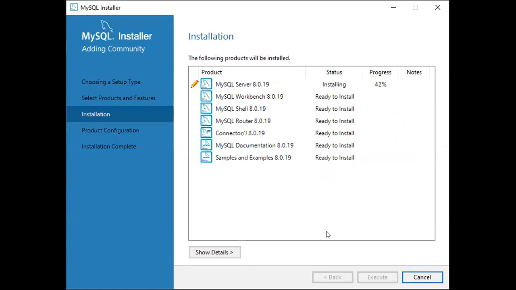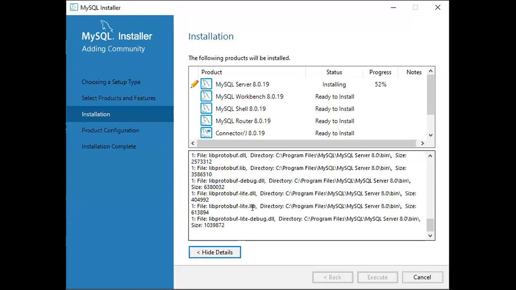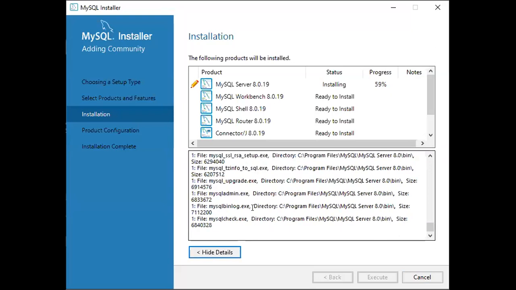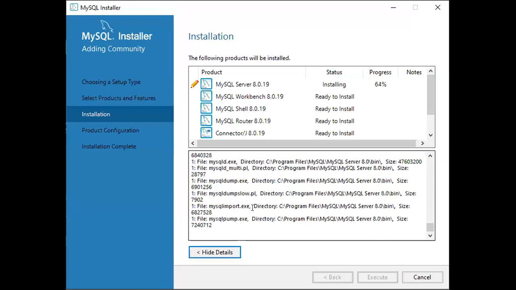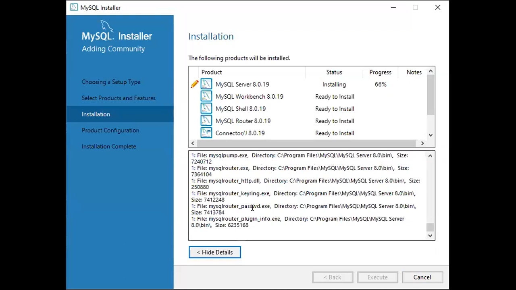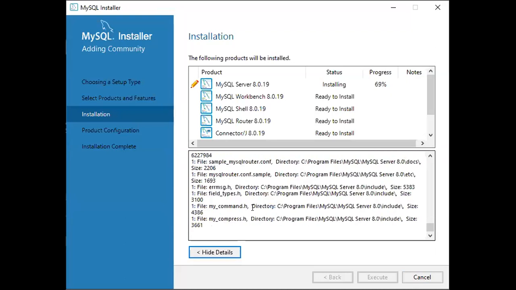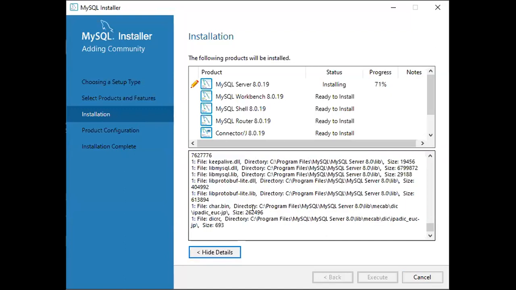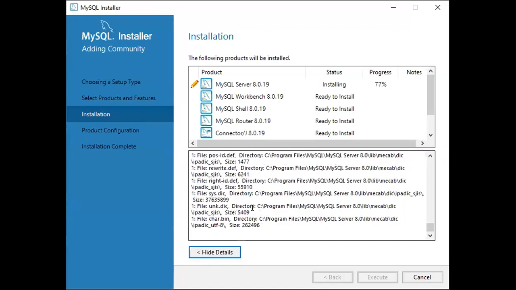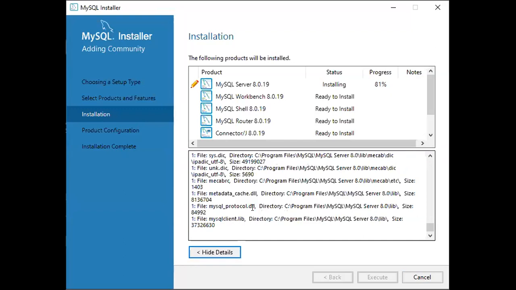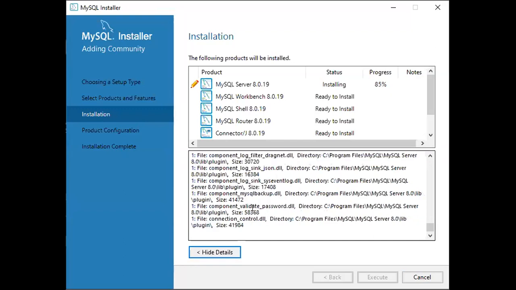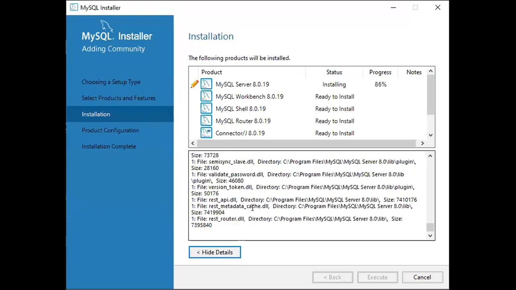And if you get any error, for example, when some tool is not downloaded or not installed, if you see here, show details, you'll get the corresponding status of what exactly the process is doing. For example, some MySQL server is not installed. Why is it not installed? The message will appear here. For example, Visual C++ distribution is not available, 2015 version is not available. Then you go and install the corresponding prerequisite and continue the installation.